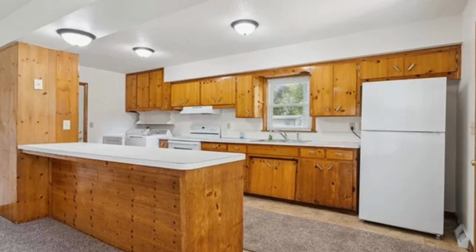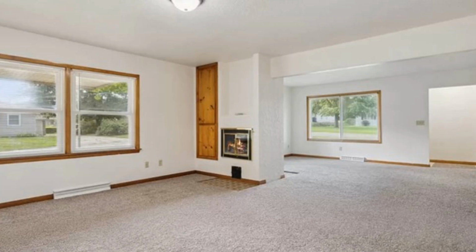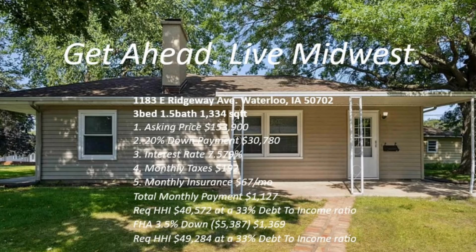The second house I'd like to share with you is 1183 East Ridgeway Avenue. It's a 3-bed, 1.5-bath house with 1,334 square feet. And with an asking price of $153,900, a 20% down payment of $30,780, an interest rate of 7.579%, monthly taxes of $192, and monthly insurance of $67, you have a total monthly payment of